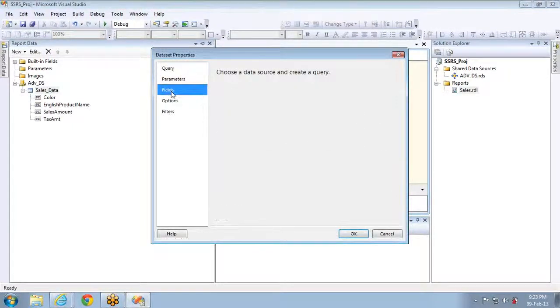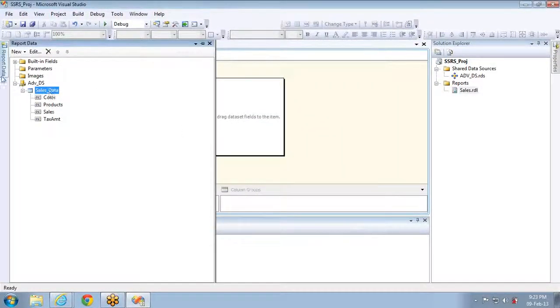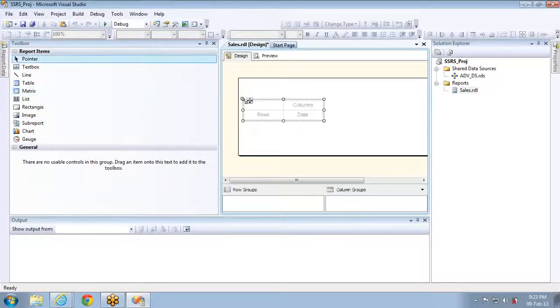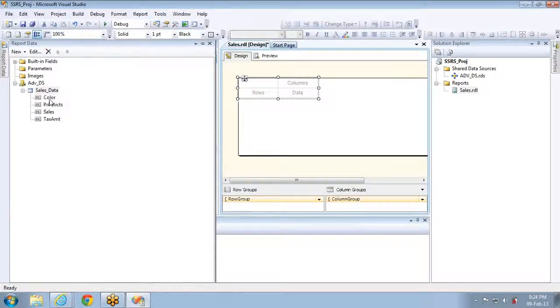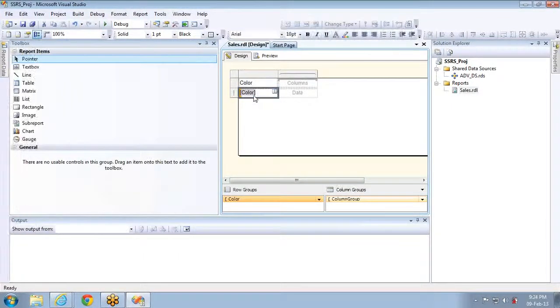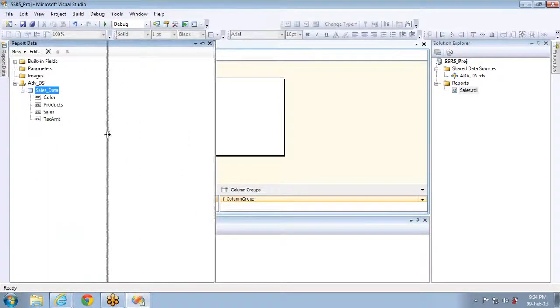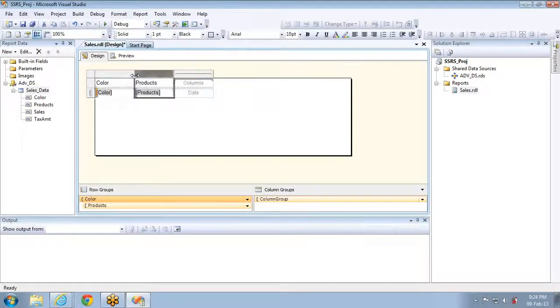So I'll do one thing. I'll go to the fields. I'll change it to products instead of English product name, which is not looking good, and I'll name the other one sales, keep tax amount, and the first one is color. Now the next step is for me to design the report. I'll take a matrix format or table. You can go for anything, but I'm taking matrix, and I'm dragging color into the first row group. Now let me fit this window, and I'm showing products as the second row group.